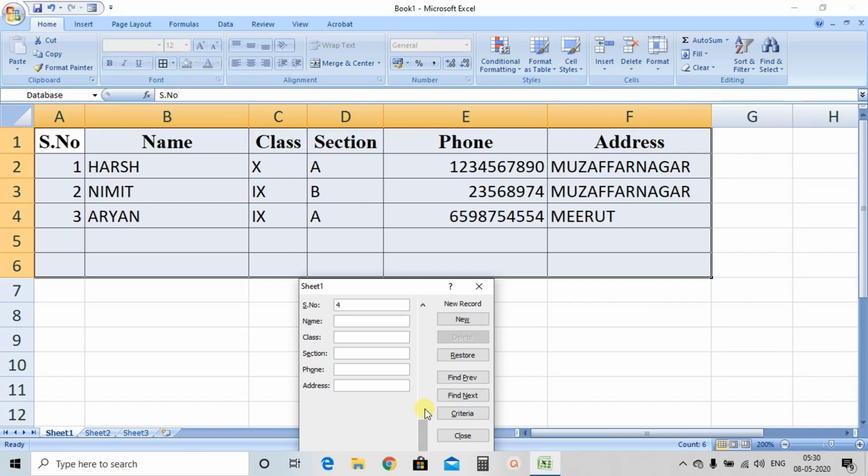Serial number 4, name, class, section, address, serial number 5, name, class, phone, address, and enter.